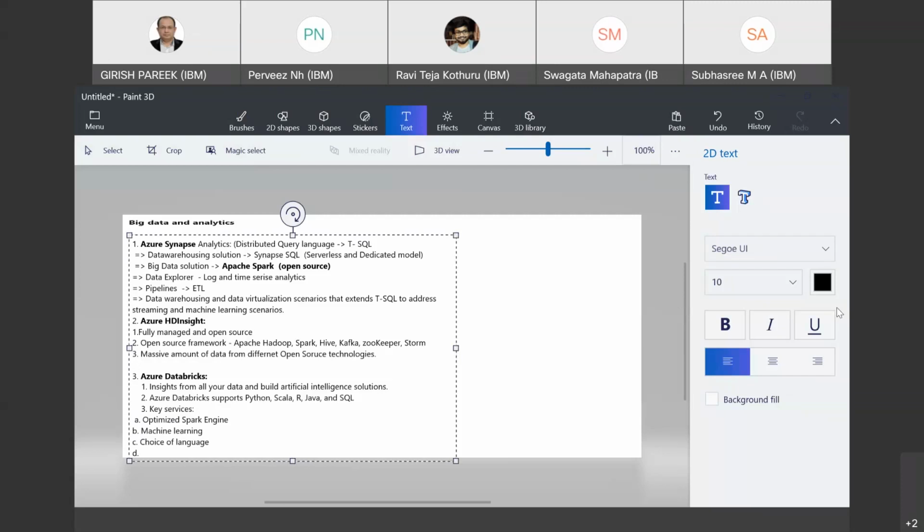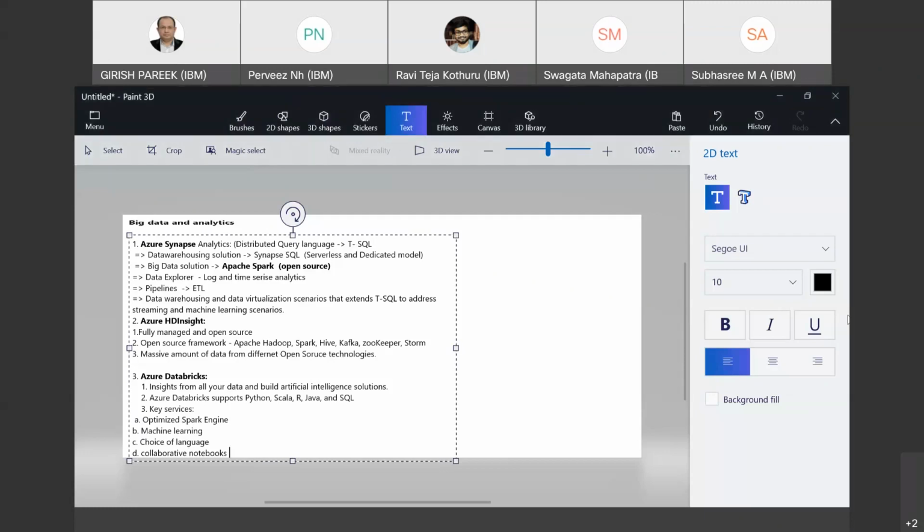And then it also provides you several different types of notebooks, collaborative notebooks. So with the help of collaborative notebooks, you will be able to quickly access and explore the data, find and share new insight, and build the model collaboratively with different types of languages. Then you will be able to use